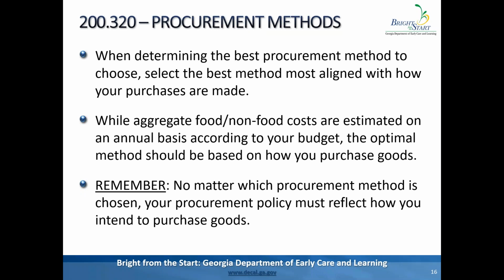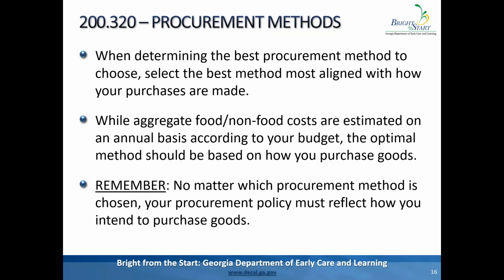So although your food cost could be $250,000, and according to regulations, you should be using formal procurement, if you as an organization have determined that it is better for you to purchase your goods on a monthly basis, which means each one of those monthly purchases is below $250,000. Let's just say each one of those monthly purchases equates to less than $10,000. If you determine that purchasing monthly and those costs are under $10,000, then you may proceed with micro purchase,